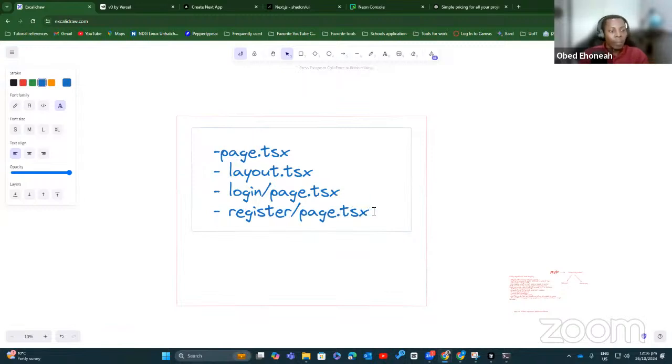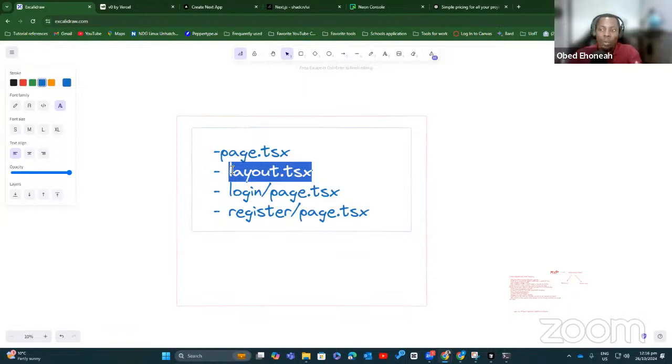Yeah. But sometimes, because this layout wraps around all of them, you want to segregate things, because the interface that I'm going to design, let's say the portal or the dashboard that I'm going to have, will have a sidebar, a top bar, all of those things, which I do not want on my landing page or some of the public pages, or even the authentication pages, the login page, the register page.